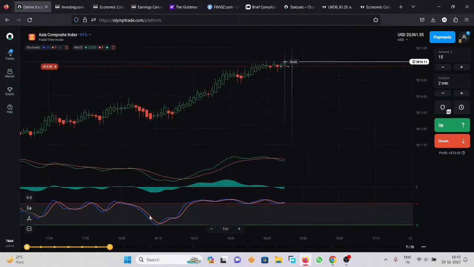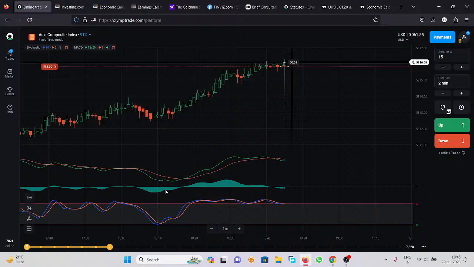There are also two lines over here, red and blue. What is the meaning of this 80 and 20 line? The zone of 80 is called the overbought zone. What is the meaning of overbought? There are two lines. The intersection of the lines between themselves is used in the stochastic oscillator. We need to observe the exit from the overbought and oversold zone and the divergence of stochastic and price.